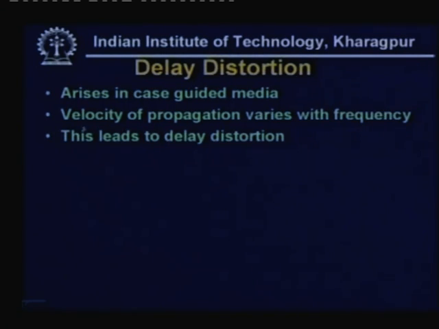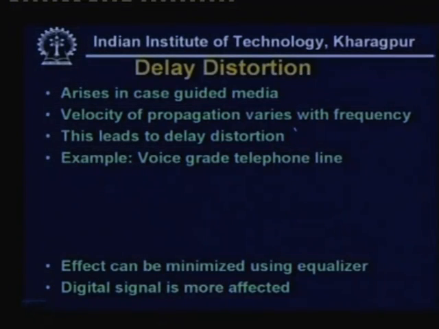Delay distortion arises because the velocity of propagation varies with frequency. That means the signal components that we are sending will have different velocities for different frequency components as they pass through a guided medium, and this leads to delay distortion. And again, let us take up the example of a voice grade telephone line. Earlier we considered the attenuation, here we consider the delay. On this side it is the delay,